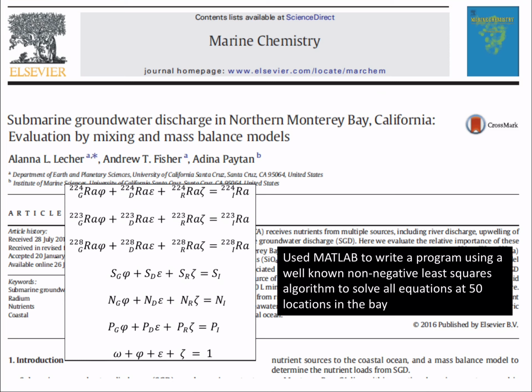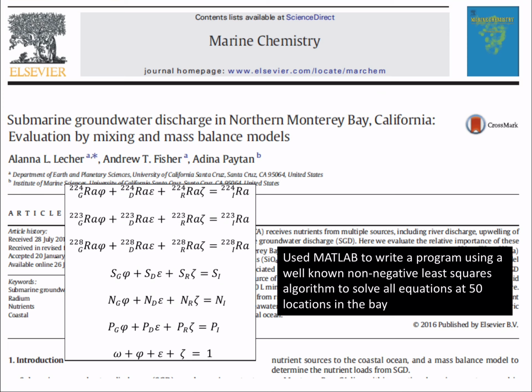Here's an example from my research where I used different tracers to approximate how much of nutrients in a coastal bay in California came from 3 different sources. So I was looking at river water, groundwater, and then deep ocean water coming into this bay and determining what percentage for 50 different locations in that bay, for each location, what percentage came from river water, what percentage came from groundwater, and what percentage came from deep ocean water. And I used 6 different tracers to identify these sources. So I have a system of 7 equations that had to be solved for each of the 50